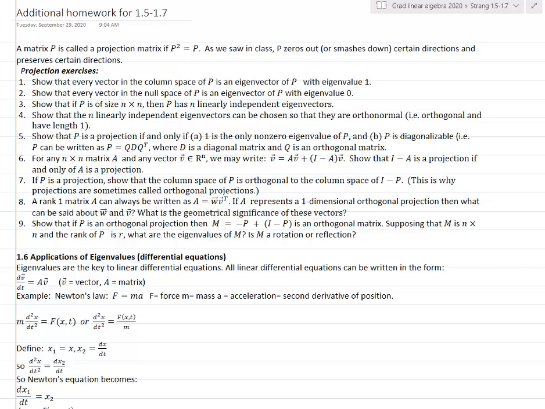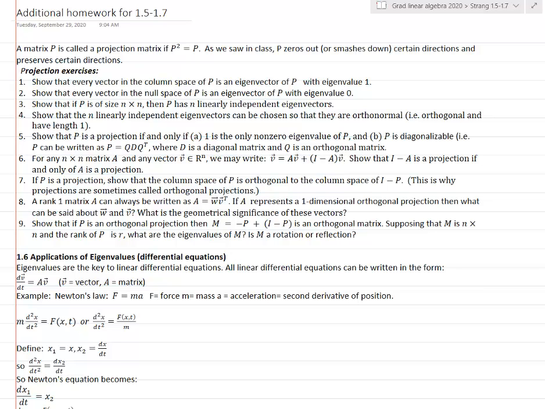Okay, so I would like to give a brief introduction to these additional homework problems from sections 1.5, 1.6, and 1.7. 1.5 talks about orthogonal matrices, which is an important class of matrices. 1.6 talks about eigenvectors and eigenvalues. 1.7 talks about symmetric, positive definite matrices. So these exercises explore some of the relationships between these types and also go deeper into some specific